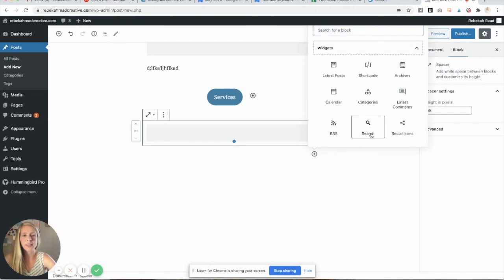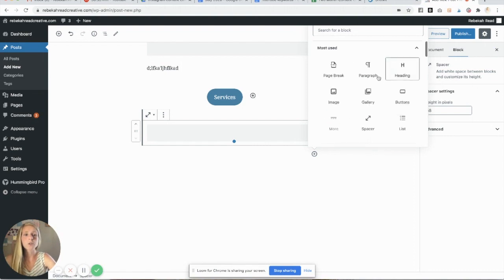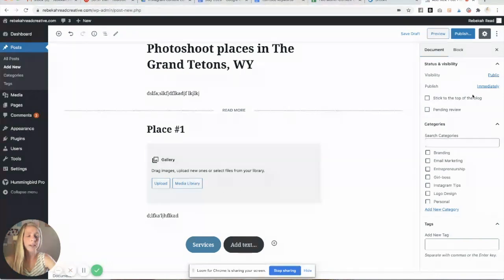Again, I don't use a lot of these things. Maybe you want some social icons at the bottom. And then embedding, if you have a YouTube video or anything you want to embed, that's where you would do that. So once you are done with creating the blog post, it is time to go over here,